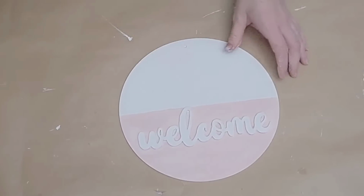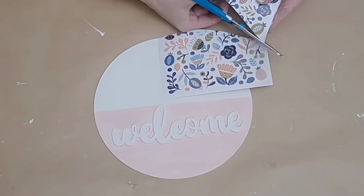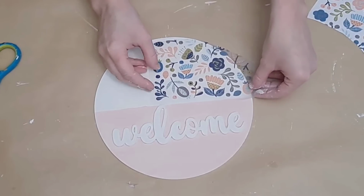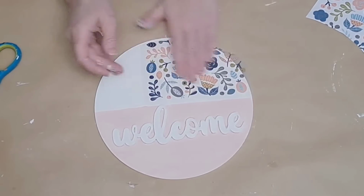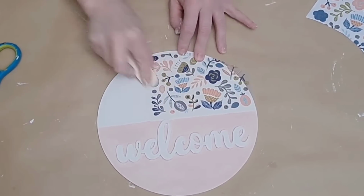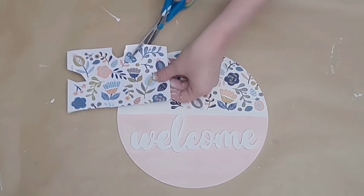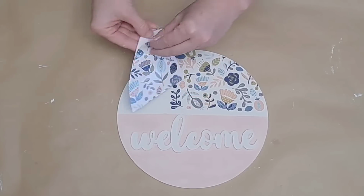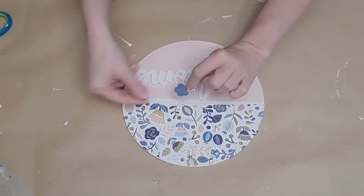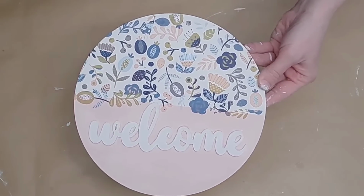and I'm going to take these gorgeous transfers from Dollar Tree. I'm going to lay them down on my wood round there and just kind of cut around where I need it to end. If it hangs off the edge, that is okay. I can just take it off when I am doing this rubbing on of the transfers here. Then of course I'm going to put some more on the other side to make it match up and just cut off any excess. And then just easy peasy, rub these on, remove the film. I do apply some there where there's kind of a line between the pink and the plaster paint,